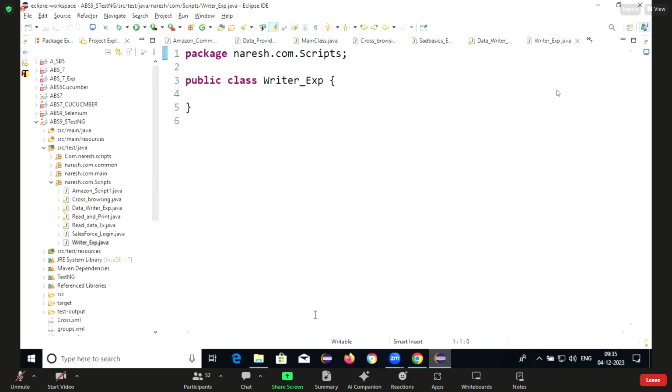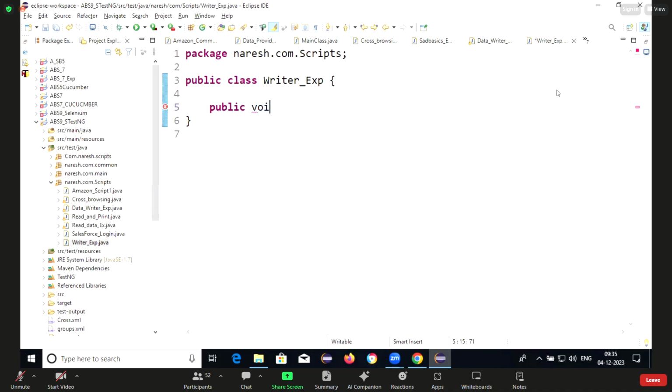I said we don't need to use any framework inside somewhere. I said where? Yes, correct. We need to use the TestNG framework,